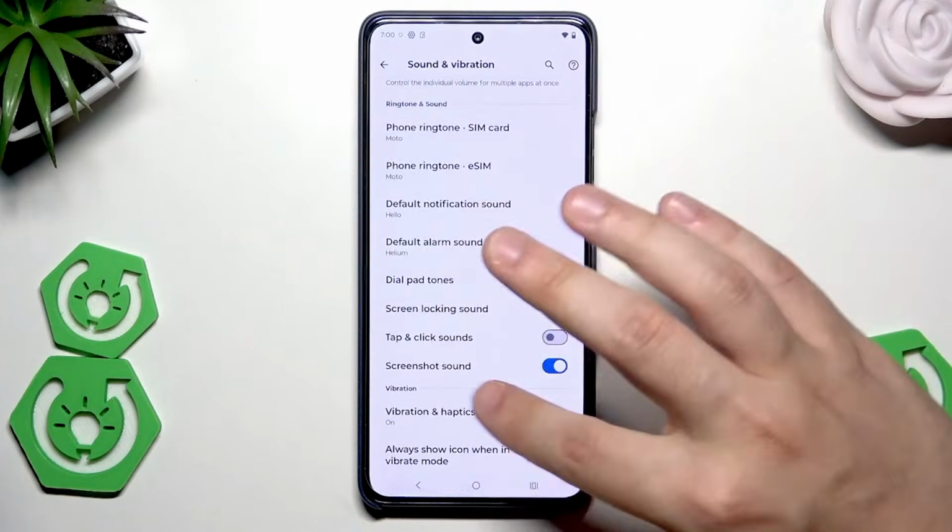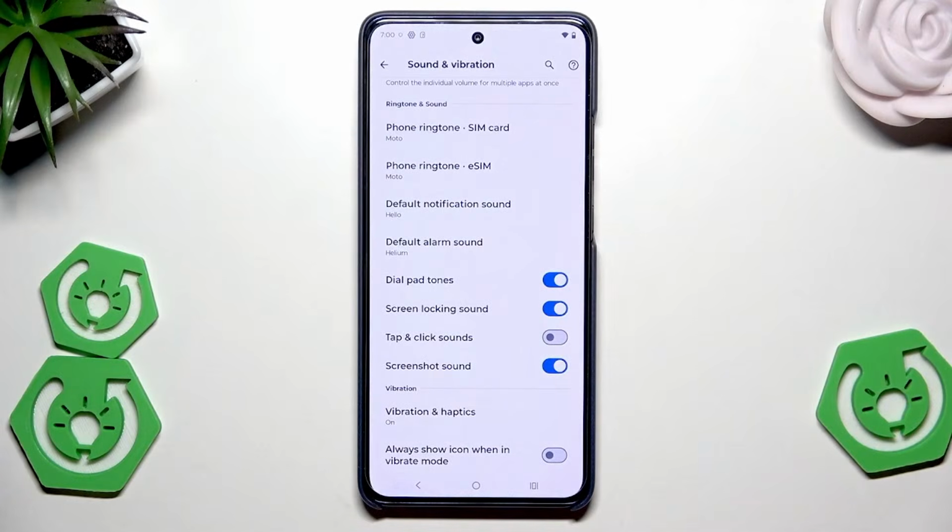into those options. In here, for example, if you want, you can enable or disable the dial pad tones, screen locking sound, tap and click sounds, or for example the screenshot sounds, because for some people those things might be annoying, and you might not have known that you can completely turn them off or on if you want